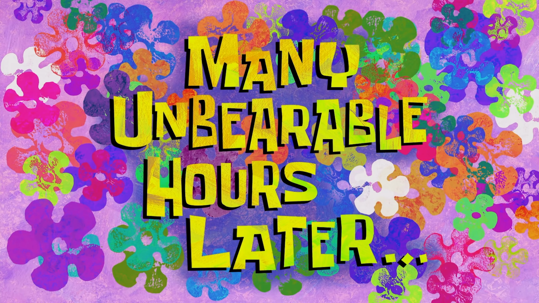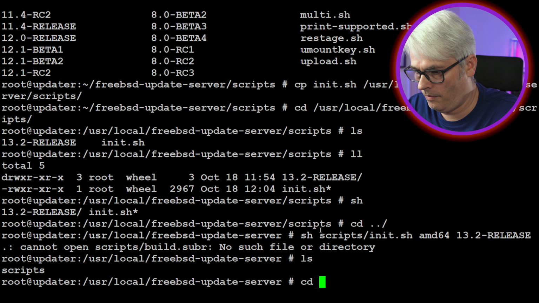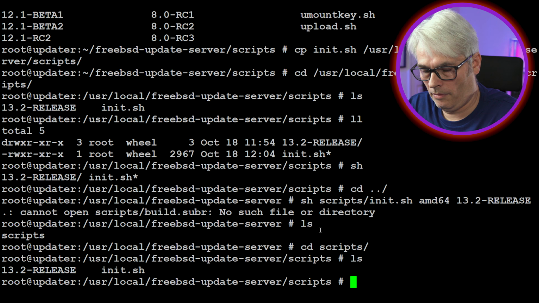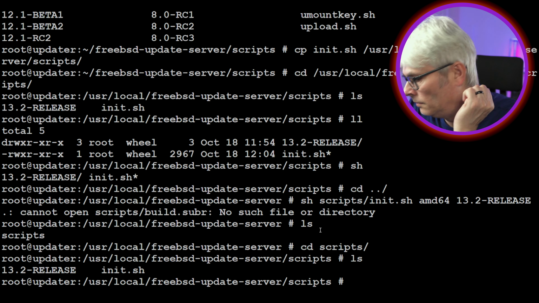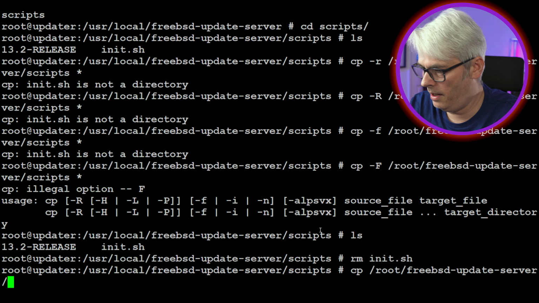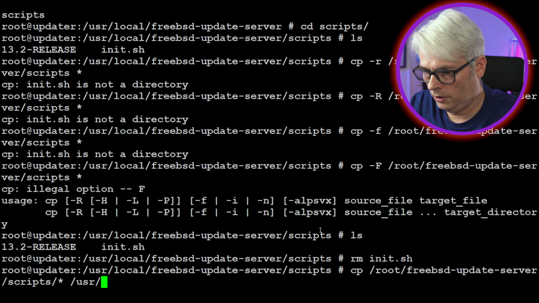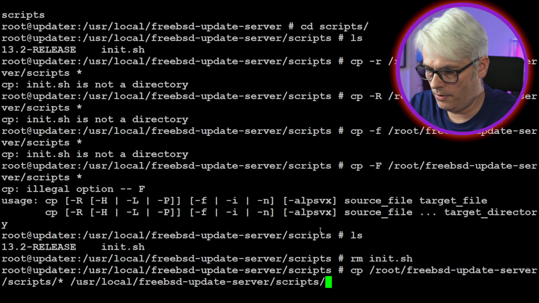Many unbearable hours later. Okay, so what's in there? So it will need all of those scripts in there. Copy the FreeBSD scripts, everything, into local FreeBSD scripts.